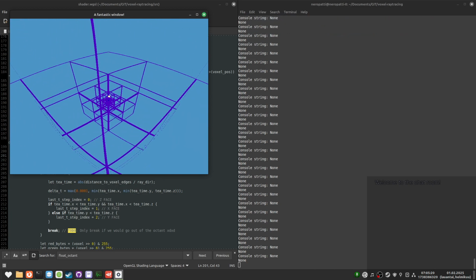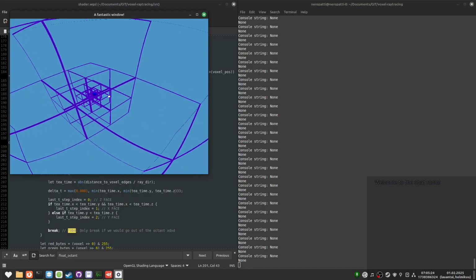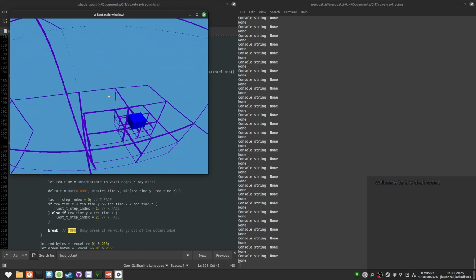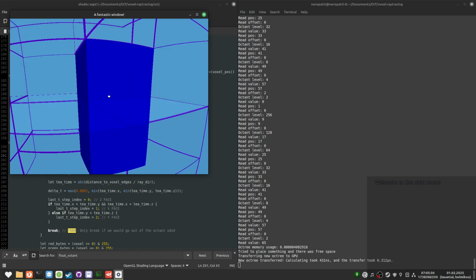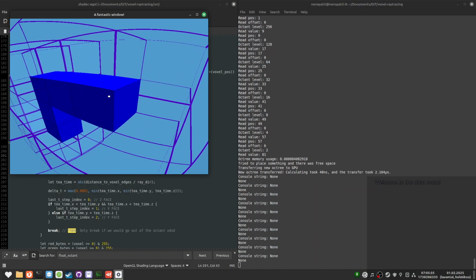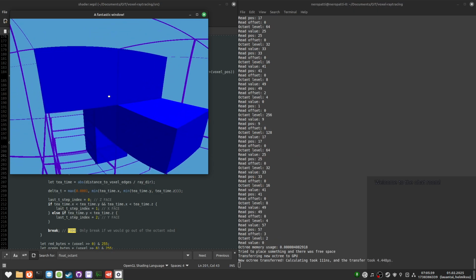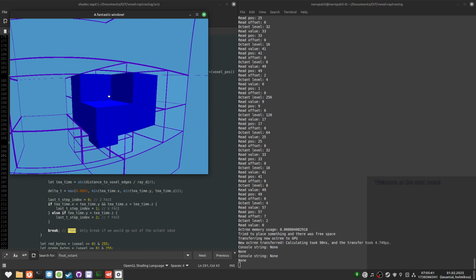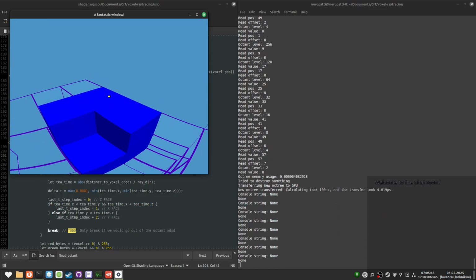And we can see the voxel through everything. It's kind of trippy in a way. Oh, you can kind of see the line actually.